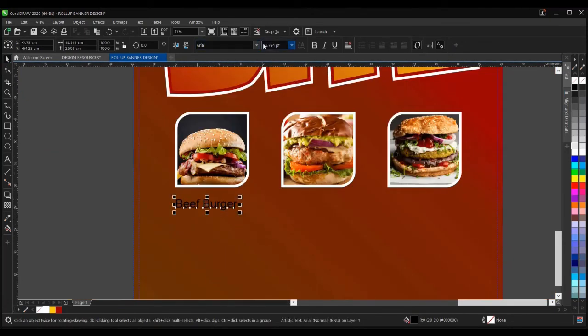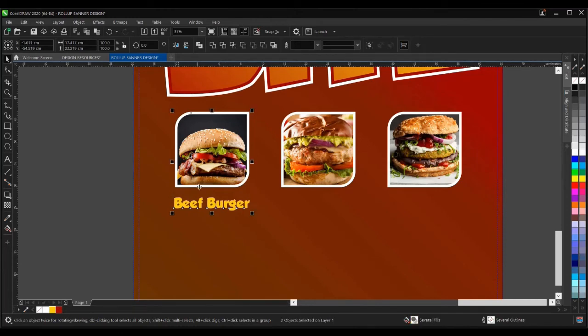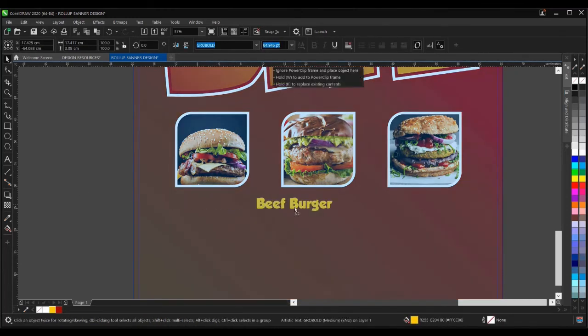Beef burger. So making use of the grow bold font here. Alright, so the color will be yellow. Then drag to your size. Then hold on Shift, click on this, then C. The second is